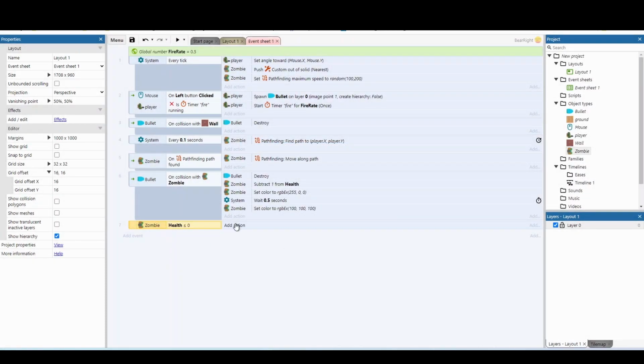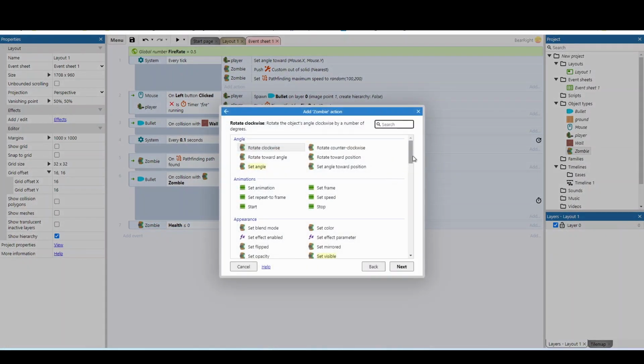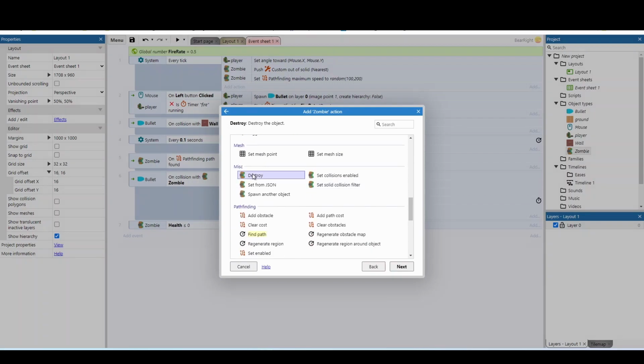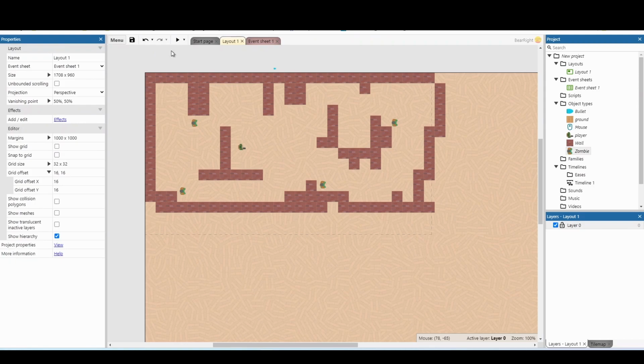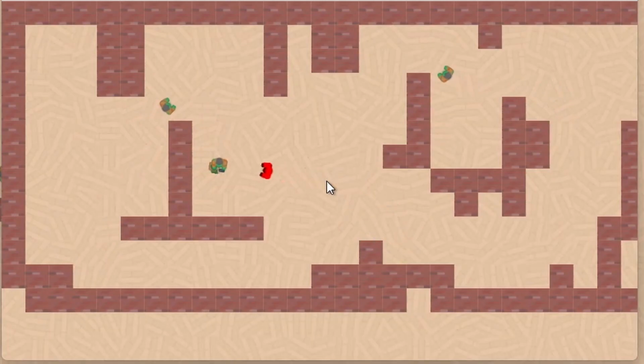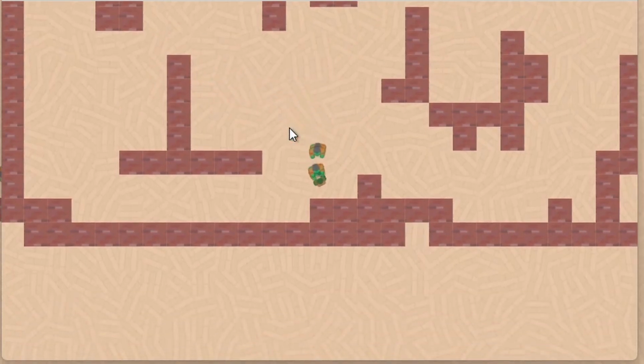So if the health is below 0, zombie, and then just go down and destroy. So we can go to layout and we can test this. So I'm just going to shoot. It's going to flash red for a sec. And if I just keep shooting,